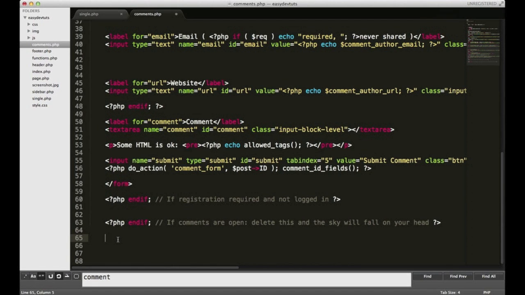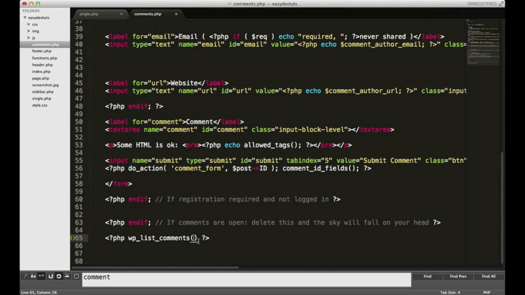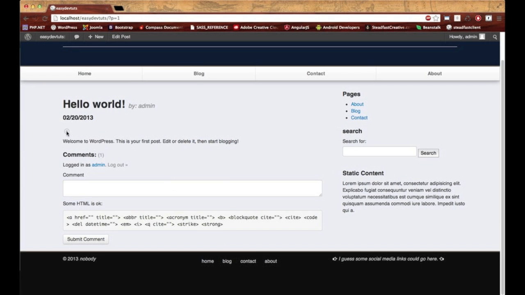And what I'll do is I'll call on another WordPress function. And it's going to be wp_list_comments. You can see it right down there at the bottom. I'm just going to hit enter. And I'll delete this stuff in here for now because I'll talk about that in the next video. Close it with a semicolon and save. And now when I refresh,